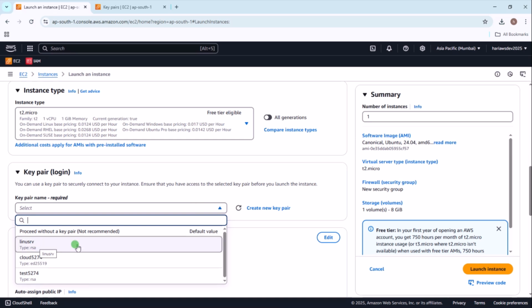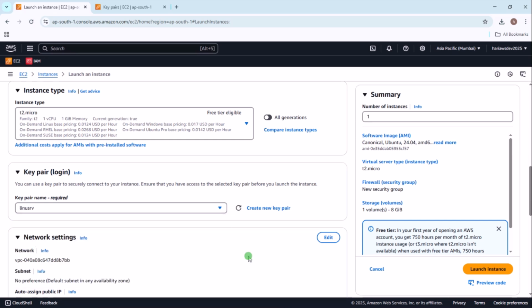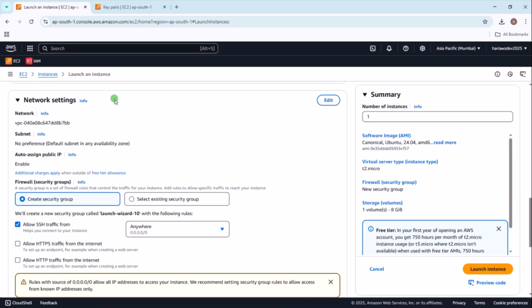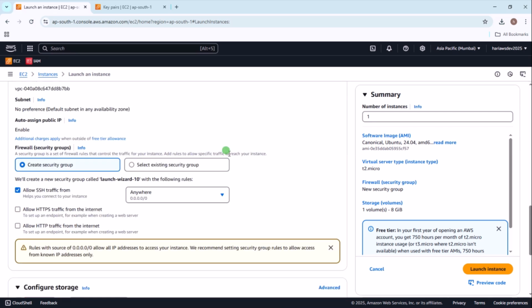Please leave this one. The key pair we already created, linusrv, so we need to click our key pair. And here is the network setting, please leave everything,